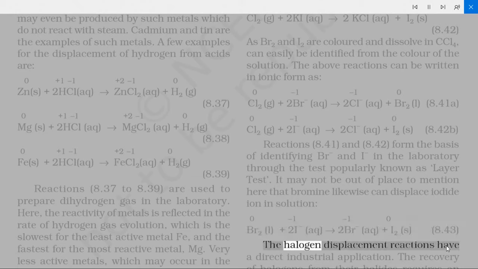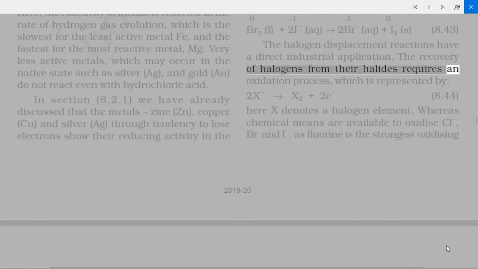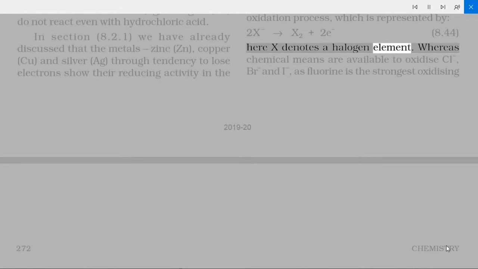The halogen displacement reactions have a direct industrial application. The recovery of halogens from their halides requires an oxidation process, which is represented by 2X⁻ → X2 + 2e⁻ (8.44). Here X denotes a halogen element. Whereas chemical means are available to oxidize Cl⁻, Br⁻ and I⁻, as fluorine is the strongest oxidizing